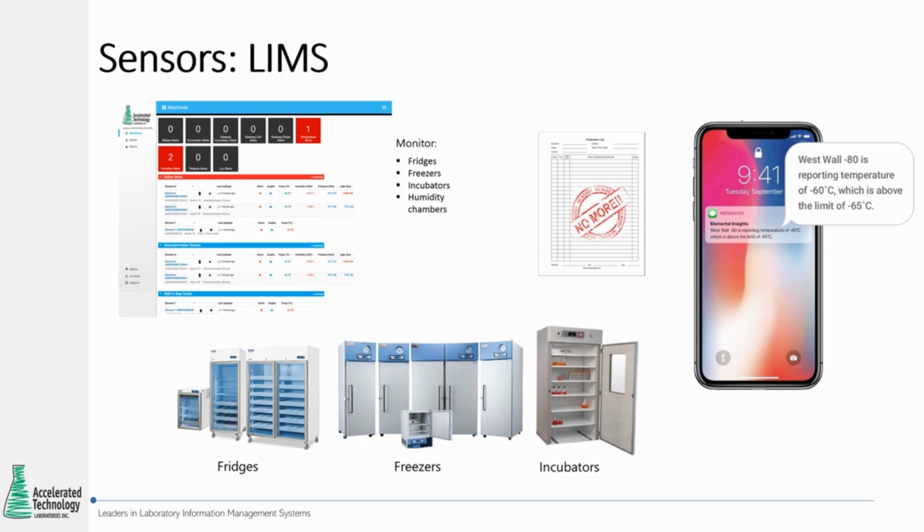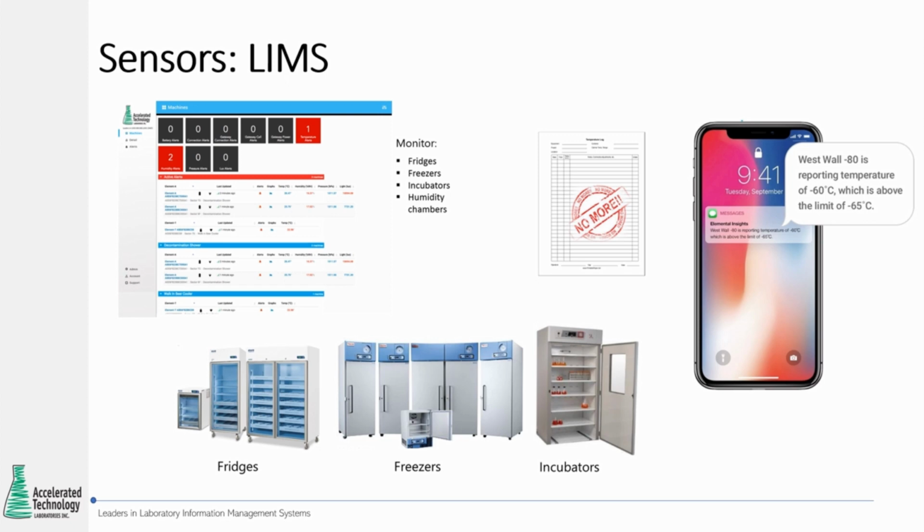Sensors are playing a very big role in laboratory automation, and not just laboratory automation, but in everything, in cars, in equipment, and they really are the future. Having sensors in your refrigerators, freezers, and incubators, and setting up the key temperature range so that if that range is exceeded, an alert will be sent to your smartphone. You'll get an email alert, and then you'll also get a text message on your phone to let you know,